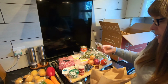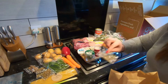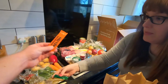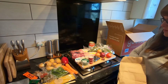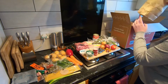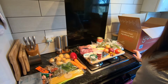So, again, you've got coriander, oregano, cumin, basil, chili, paprika. Henderson's relish. Go easy with this stuff, it's really strong. Soy sauce. And then we've got individual garlic. Again, more stock cubes. And the garlic. Is that all of it? So that's everything. Now, cost-wise, full price for two people is about